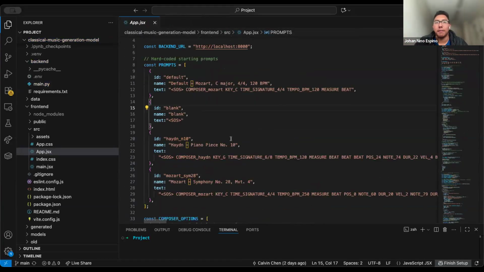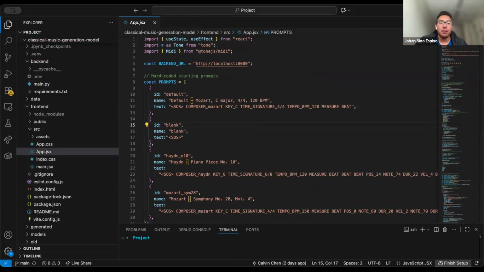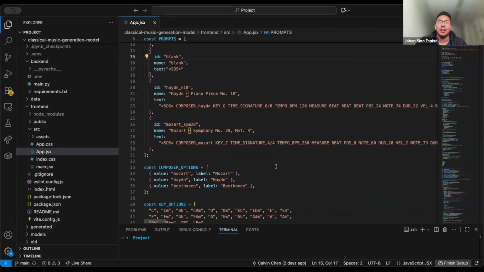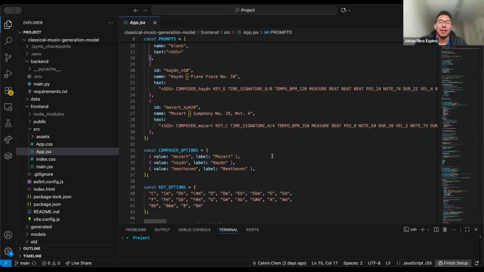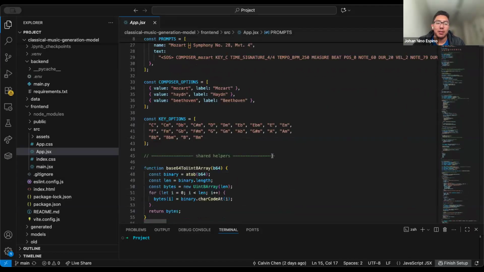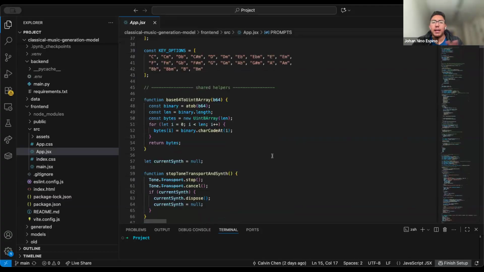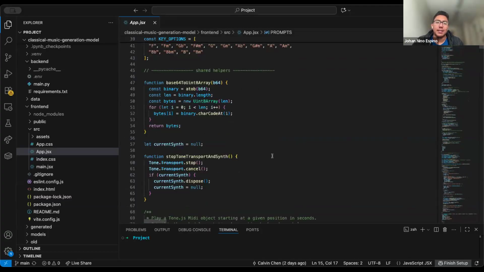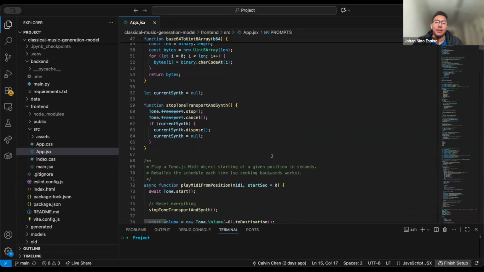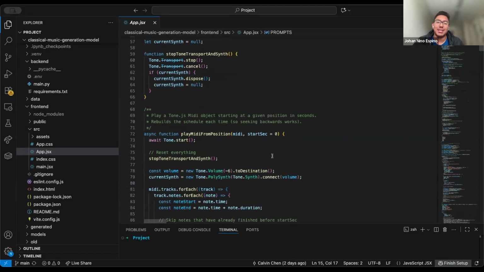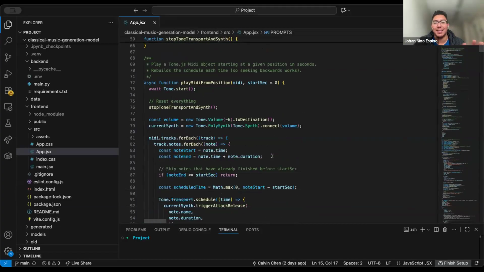Sorry, the other one is the back end. This is the front end. We mainly worked in the app and JavaScript. With this, it mainly lets the user interact with the music generation system. We provide separate interfaces for the transformer-based and the diffusion-based models, and it allows users to switch methods and adjust parameters like composers, keys, tempos, and guidance